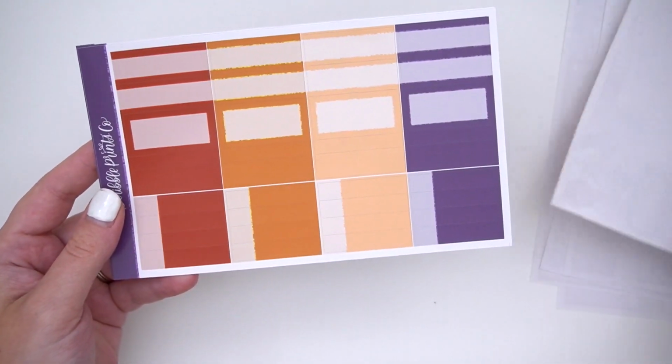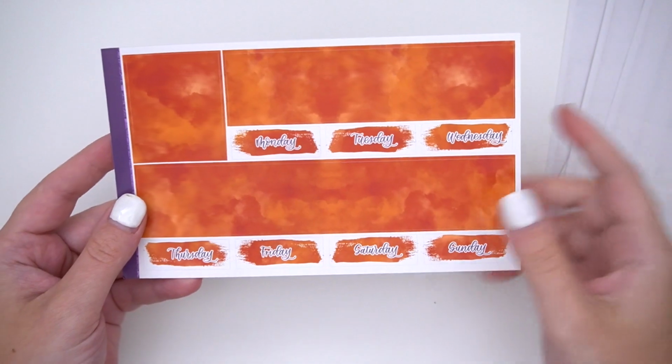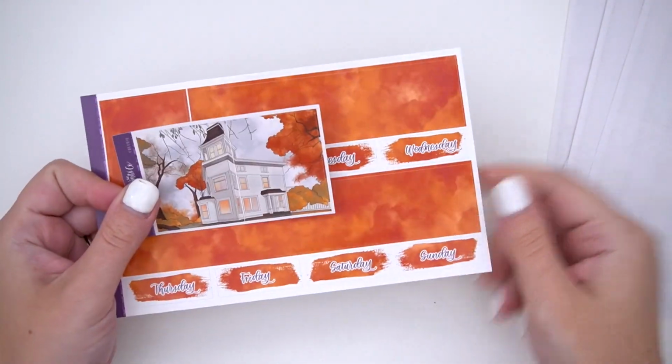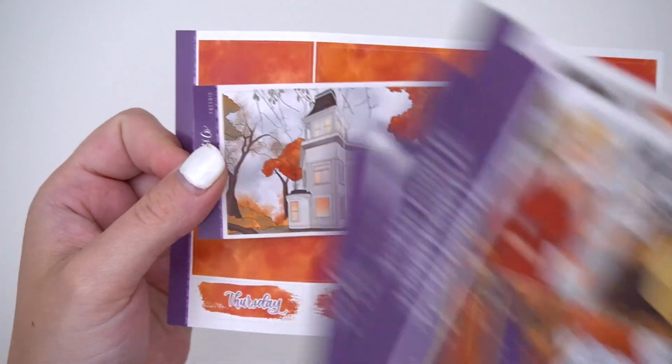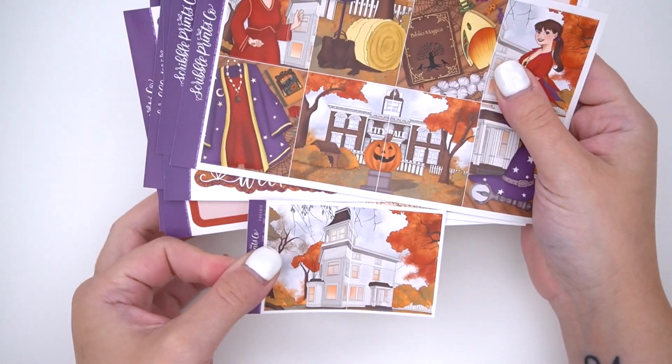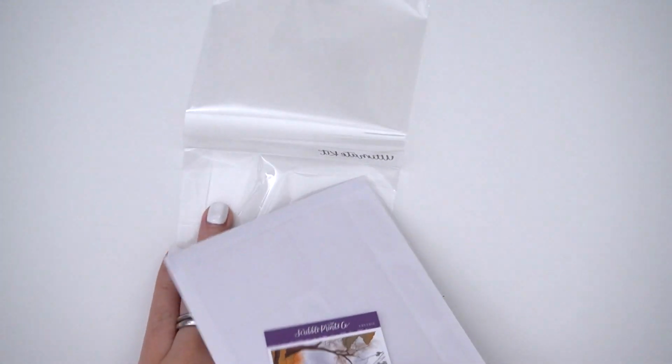If you want to do a celestial foil, that'd be really cute as well. We might have other foil bundles coming out that would look really cute with this, just saying. And then you have the bottom washi, and then both the mini and the ultimate come with the secondary scene. So super, super cute. And that is Halloweentown. All of the kits this week do come in mini and ultimate, and do have a la carte